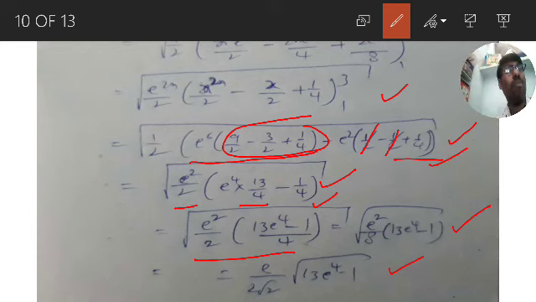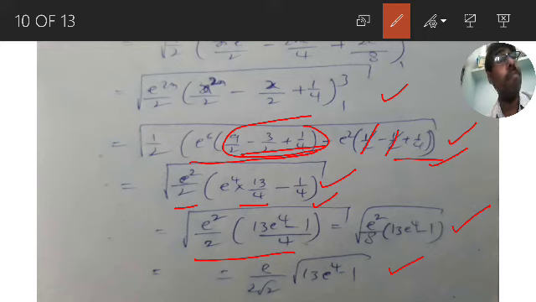Nothing is there, just simplification. I am skipping simplification for you because you can do it. I have given the steps, but I am not giving an explanation of how you are getting 13 by 4. So you just take LCM, you will get the answer. That's it. Just a simplification. By seeing it, you can get it because you are second year students, third sem.